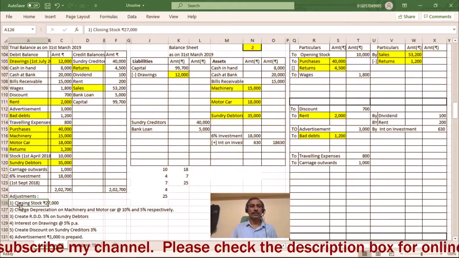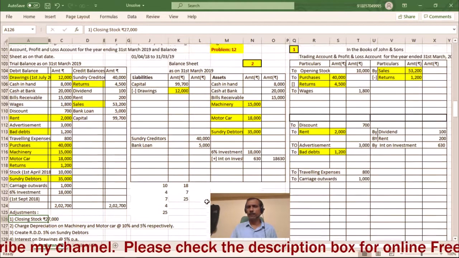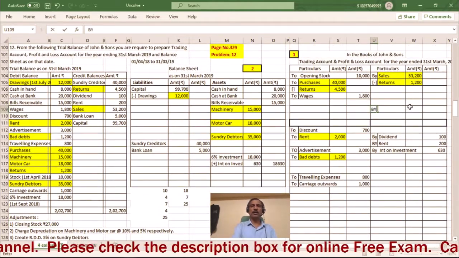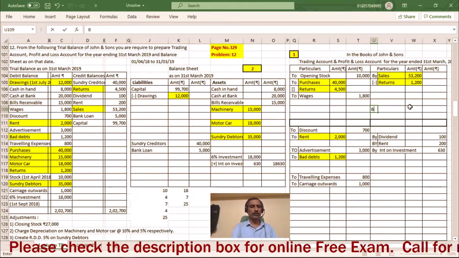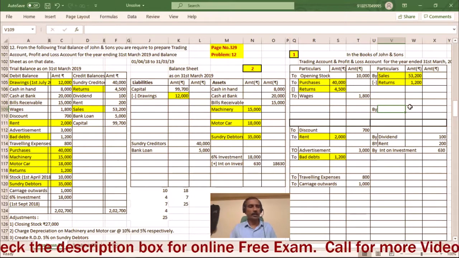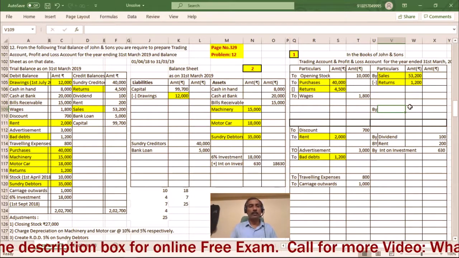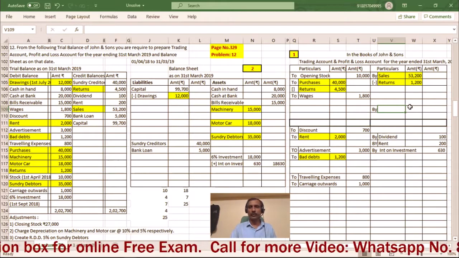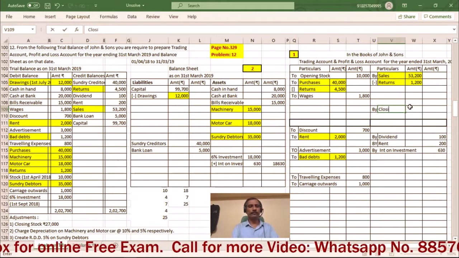So first of all, closing stock. This is a very important adjustment. Near about this adjustment is asked in every problem. So there are 99% chances that this type of adjustment is asked in the examination. So write down here closing stock